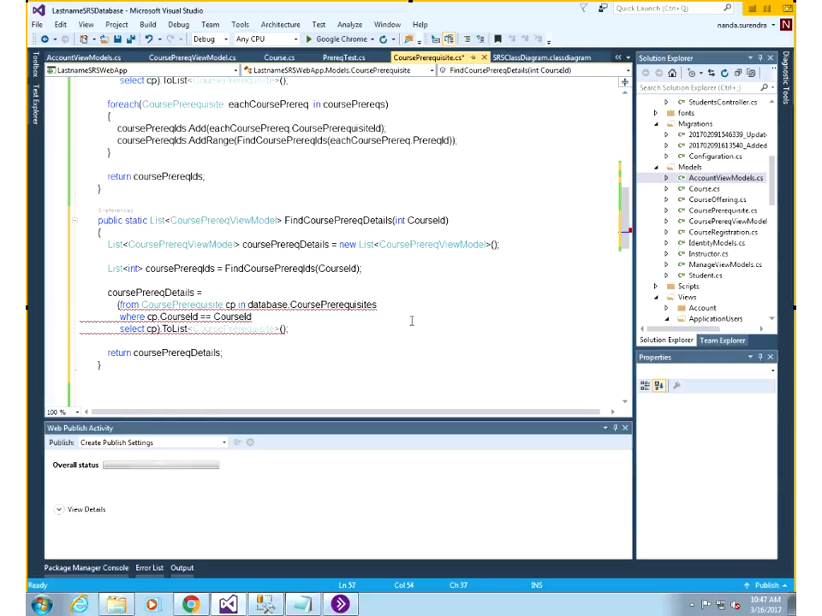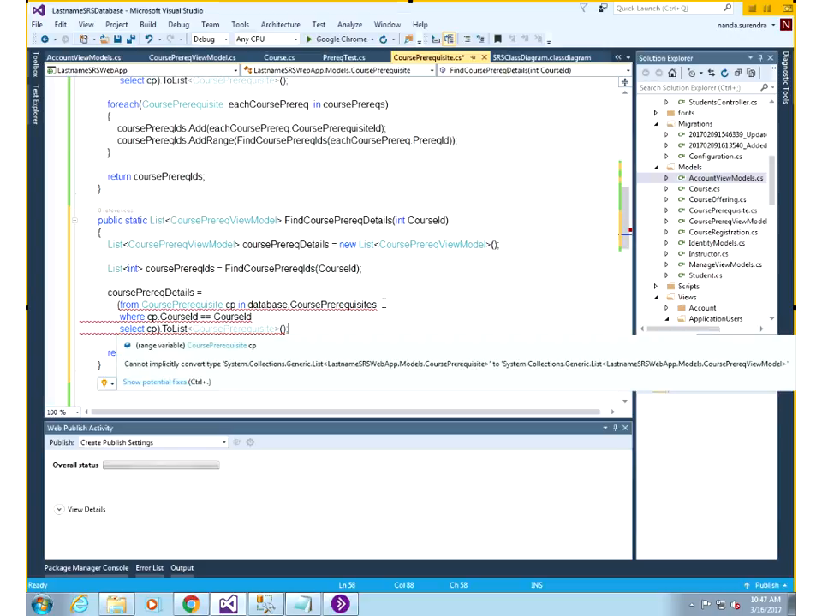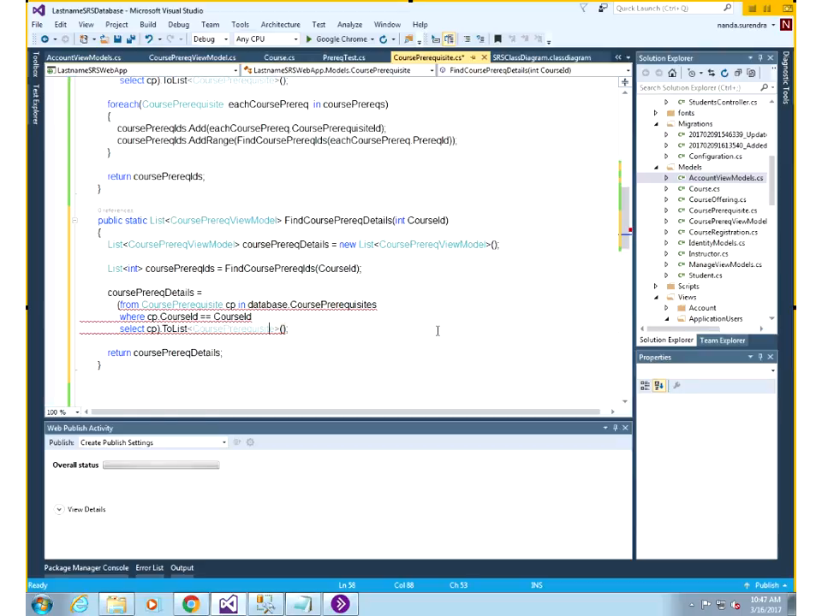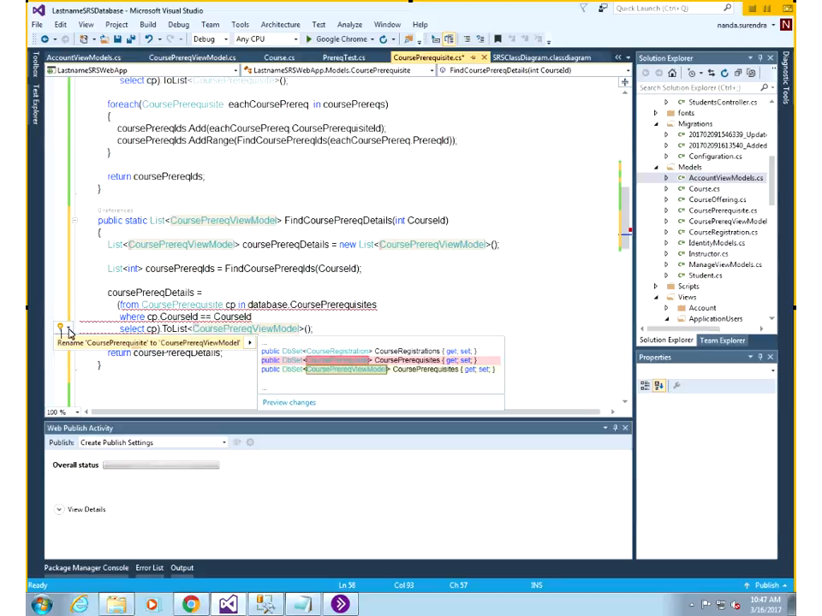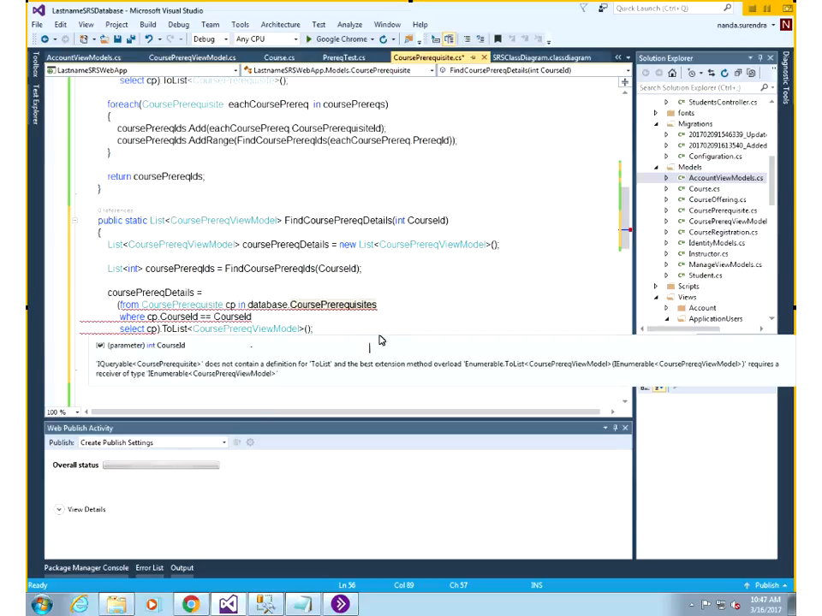What I need to change here is, well, let's see, so this is a list of, it's not just course prerequisite, but this is going to be course prereq. It's a list of course prereq view model objects that I'm creating. But even more importantly, what is more important here is that